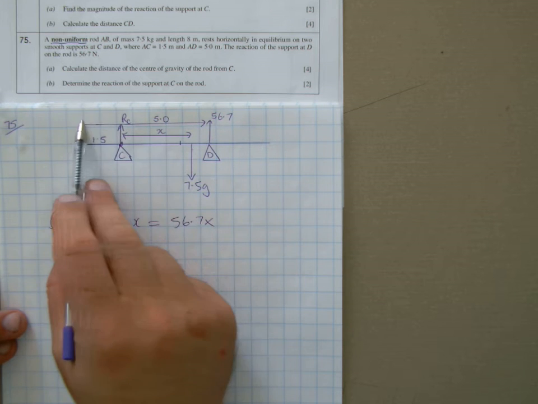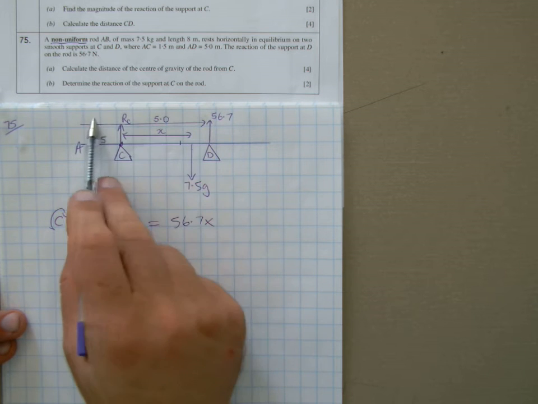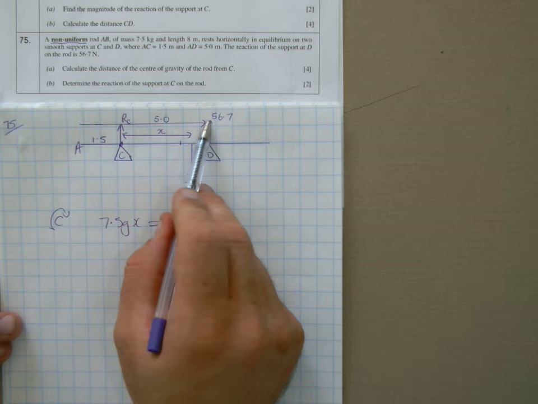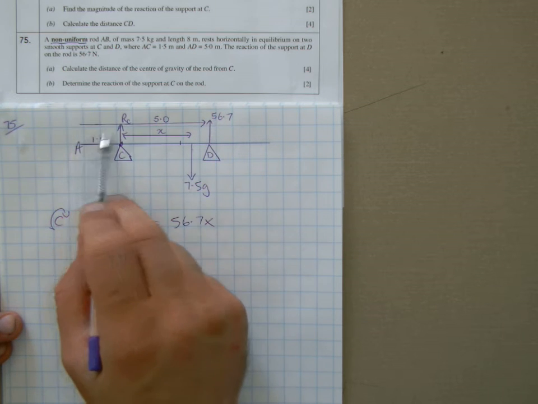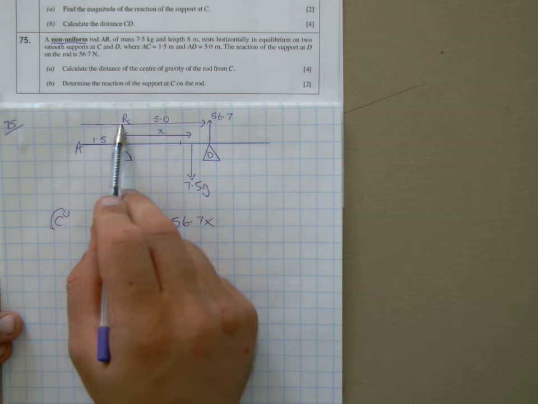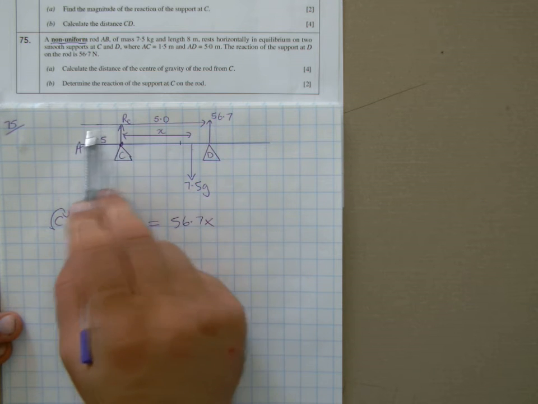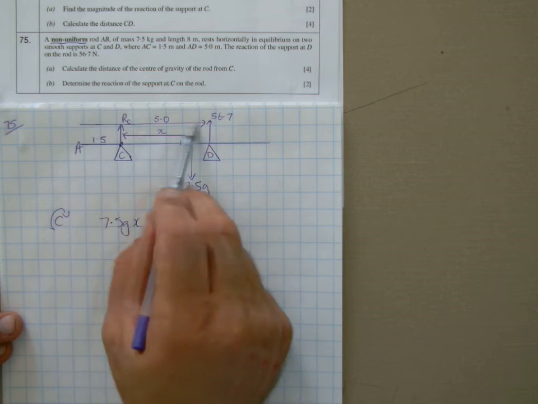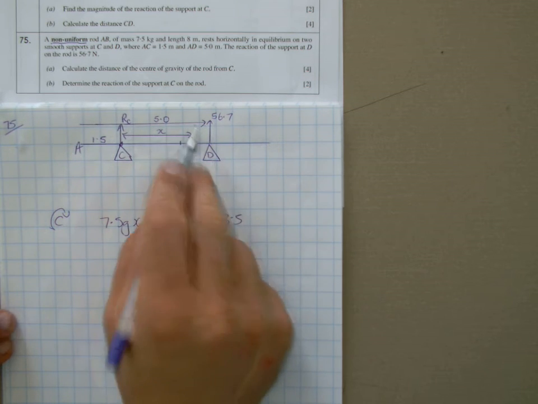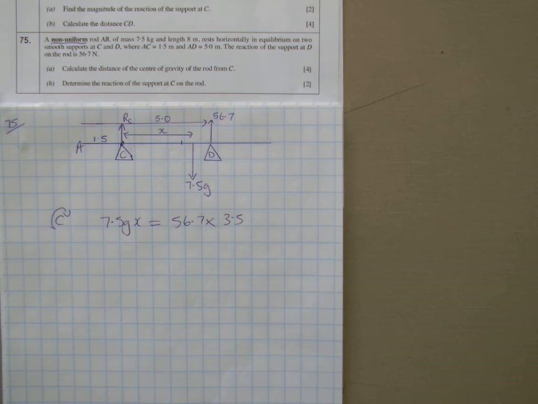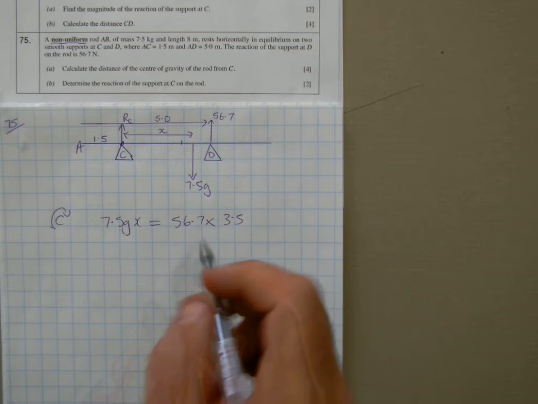Now you've got to remember it's 5 metres to D from A, but to go from C to D, of course I need to cut 1.5 metres away, so it'll be 3.5 metres. It's actually 3.5 metres distance between those two. Okay, so 56.7 times 3.5 will be